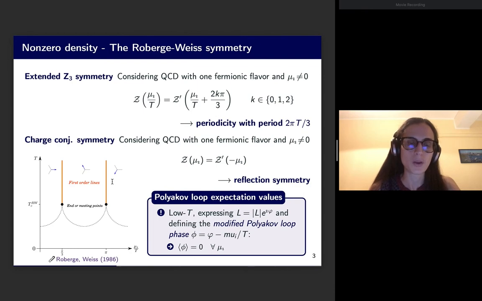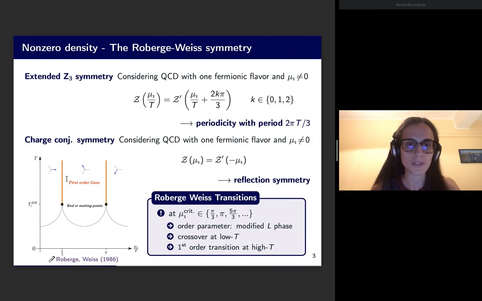And then if one wants to know what is the expectation value for the Polyakov loop at low temperature, one can work by expressing the Polyakov loop in terms of a modulus and a phase, and then define the so-called modified Polyakov loop phase, which is defined in this way, that you subtract from the phase mu I, but with a Greek mu, sorry about the typo, divided by T. And then this is the kind of observable that would be 0 at all mu I, and by that it would signal that you are below the critical temperature, which is in this case called critical Roberts-Weiss temperature, where you have one specific Polyakov loop selected, as long as you are within the ranges and phase boundaries which separate the different